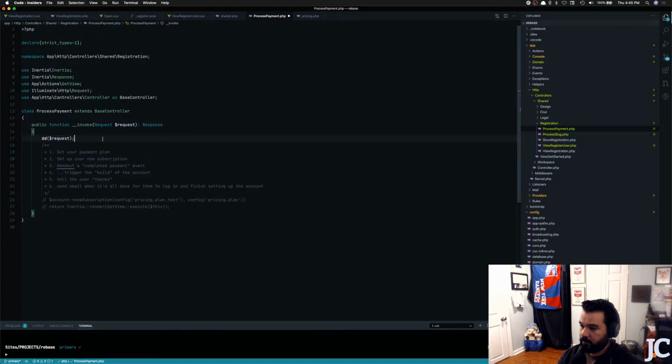So let's just see about setting up the new subscription. So the new subscriber is coming from an account, which I don't have at this moment in time. So I'm just going to new up an account. New account, if I can spell it all. And account is actually